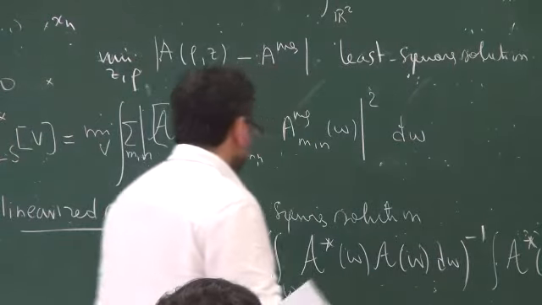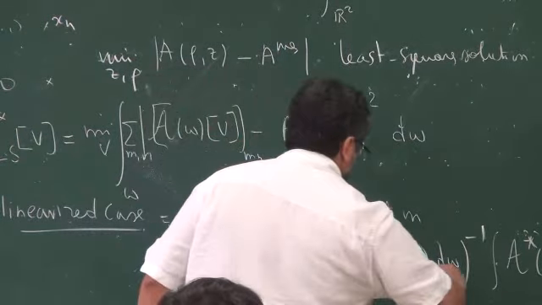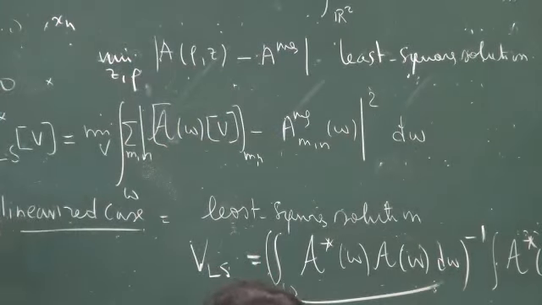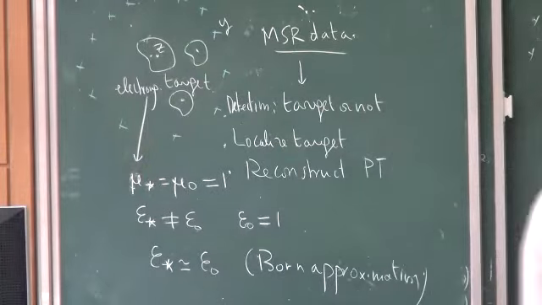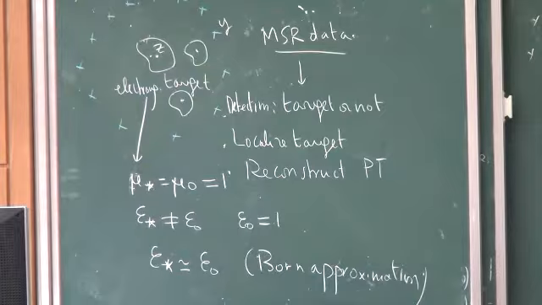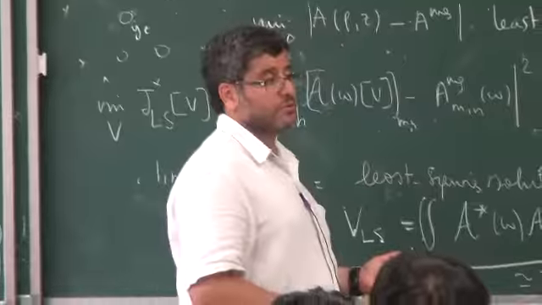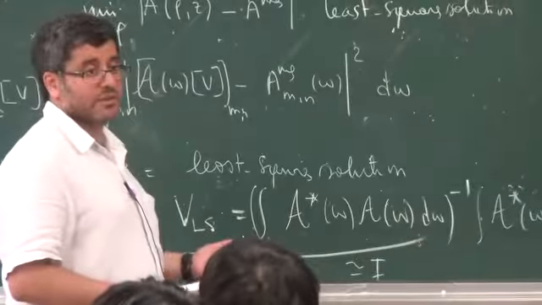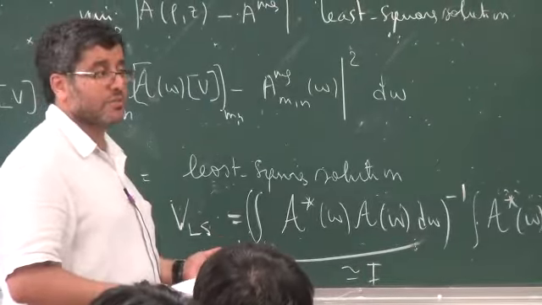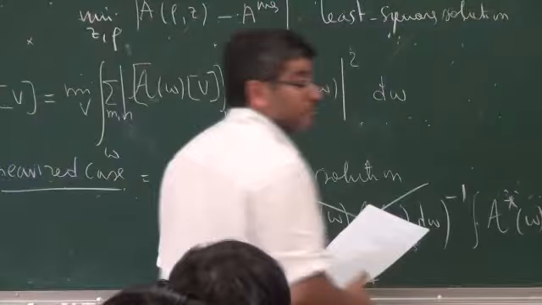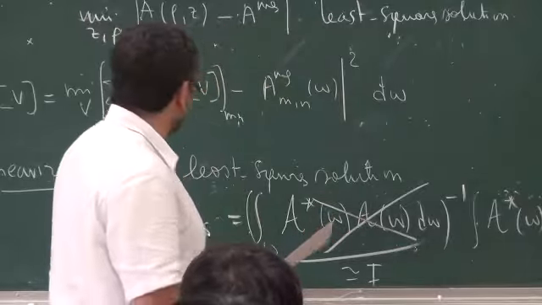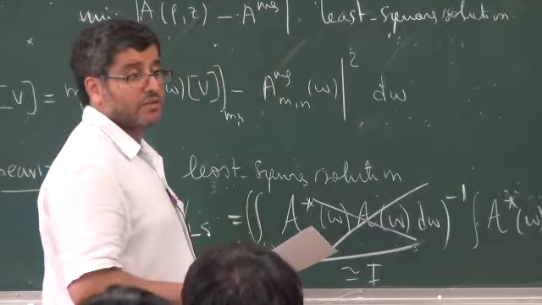And actually, if you think about it, this holds for many situations. For this circular situation, you can compute what it is. If it's circular and equidistributed, then this one is almost identity. It's the identity matrix. So you don't want to invert the identity matrix. Identity is a good approximation. So you will get rid of this one, and then you change the least square solution to something else. Okay?